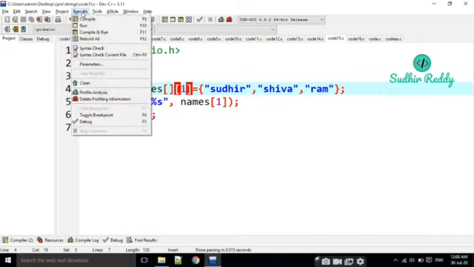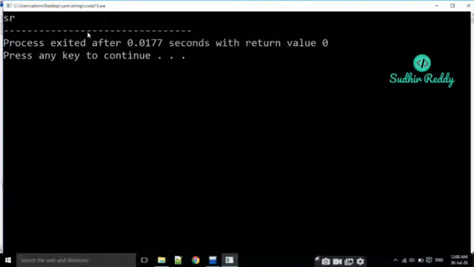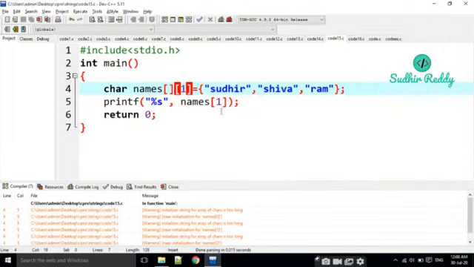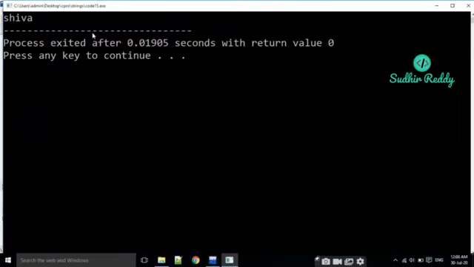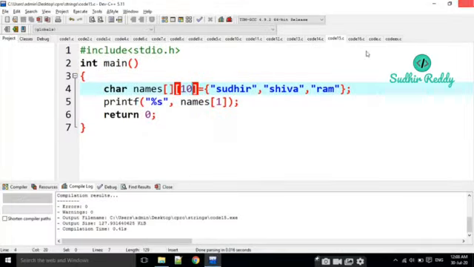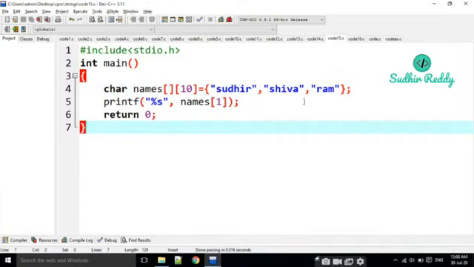If you take it like this and I execute it, it is going to print S R. And here if I take some 10, it is going to print Shiva like this. That means how many values I am going to take here. That's it.